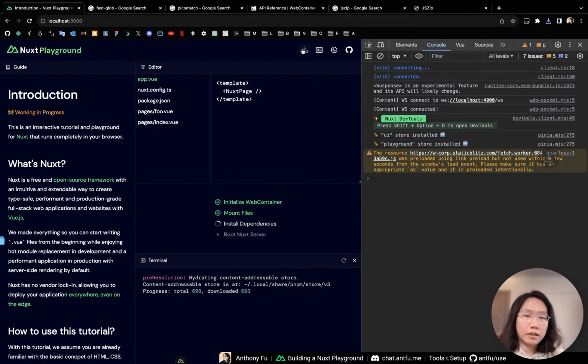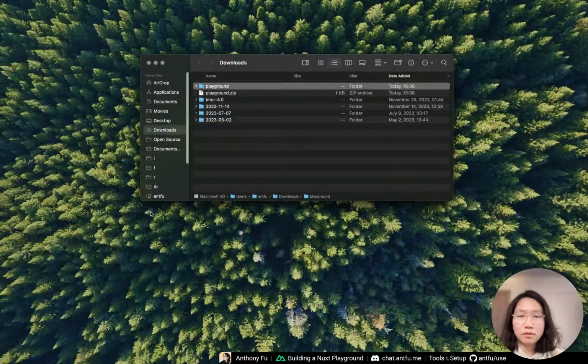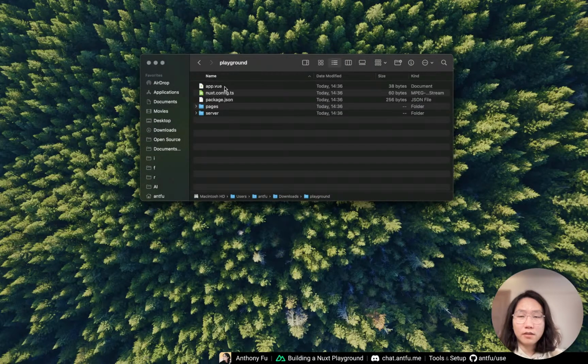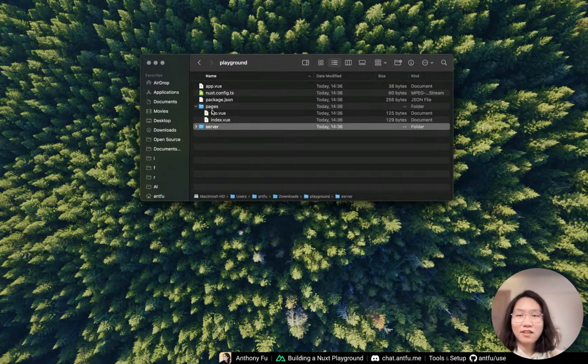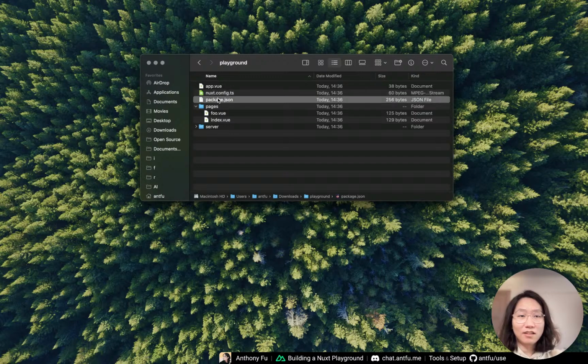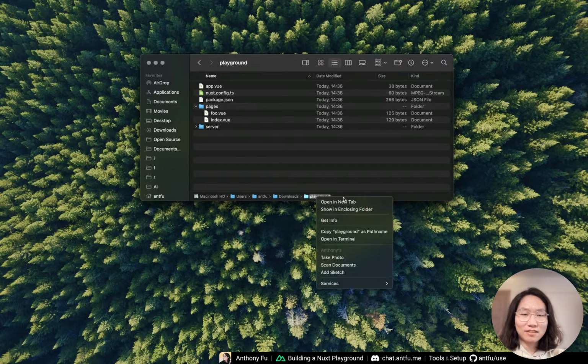When we install the package, I think, okay. Now we have that files, playground. We unzip it. You see, we have all these files here. That's pretty nice. And yeah, let's check if this